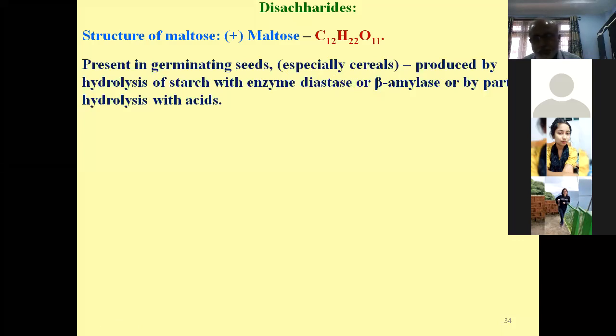So here, when you are taking starch, as it goes to our mouth and we are chewing it, the saliva has this enzyme, beta amylase. That is going to convert this starch into maltose. So in our mouth, it is converted into maltose. That is why you are advised to chew your food properly, so that this is the first stage of your digestion.